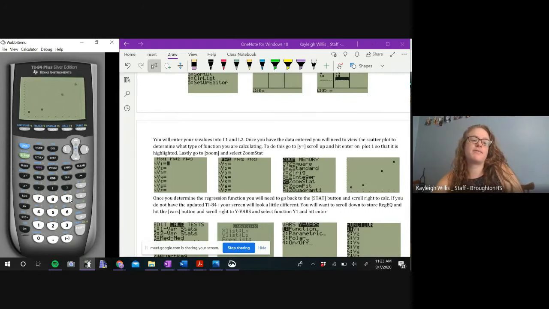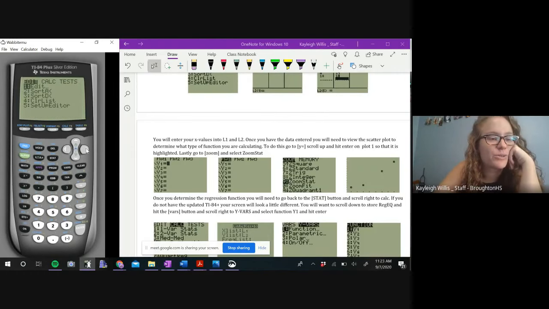So we're trying to find a regression that best models this. And to me, what do we think that looks like? A line. Yes. So this looks like a good linear regression. So once I figured it out, I'm going to go to stat, scroll right to calc, and then there is linreg. So you want this one. If you keep scrolling, you're going to see quadratic, cubic, quartic, which we don't really ever use. And then there's the natural log, and you keep going, exponential, and then there's sine all the way at the bottom too. But there's all these options, but we already established it was a line,